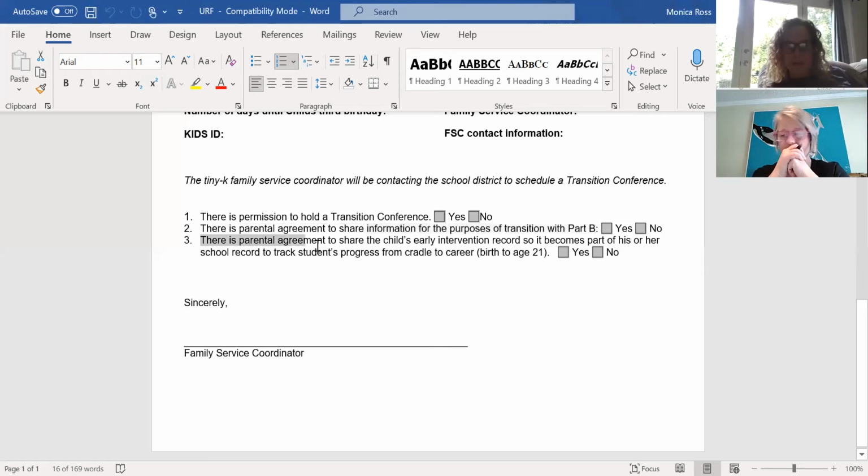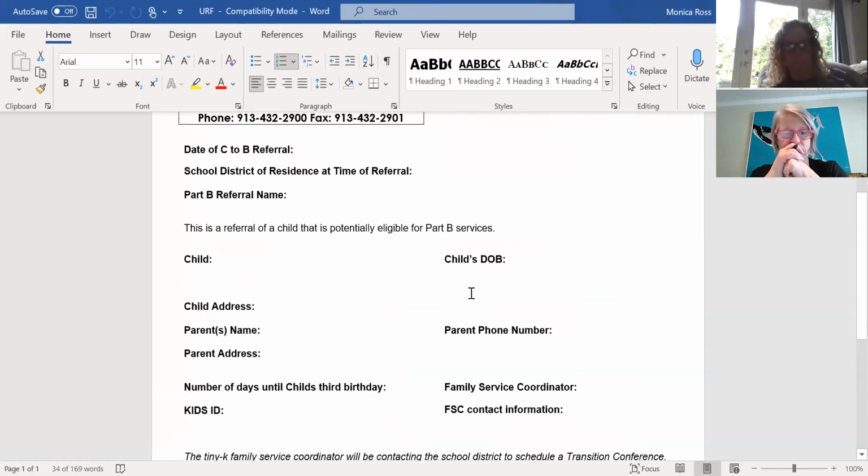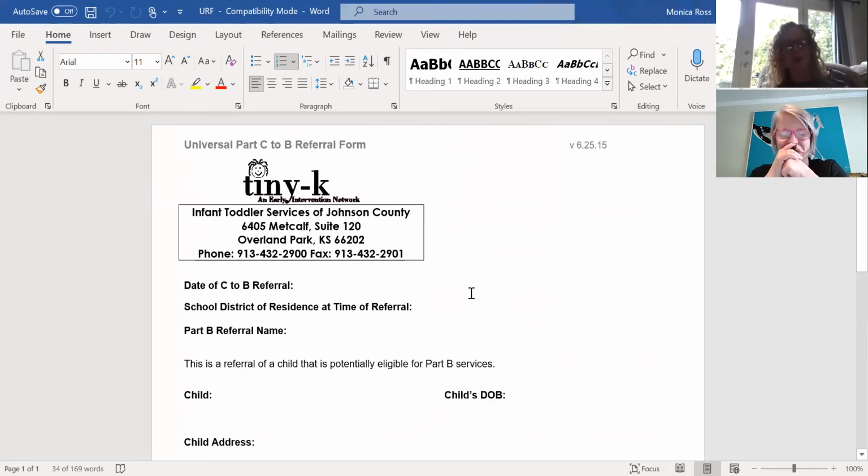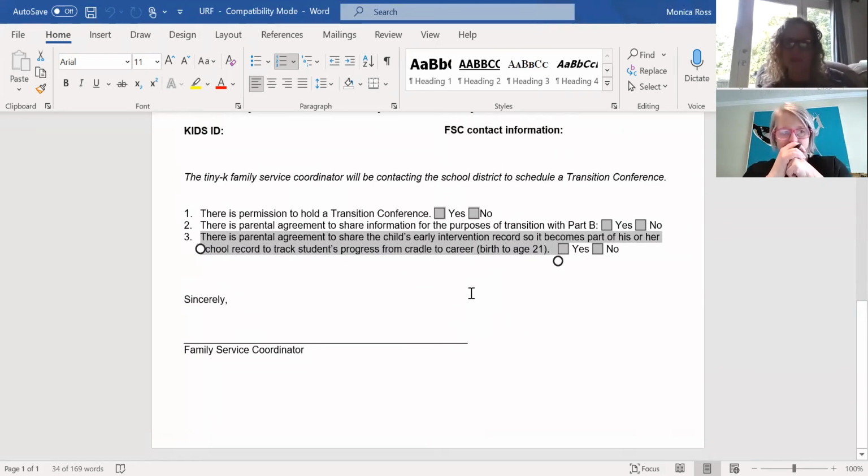The last question on this URF, which stands for Universal Referral Form, Universal Part C to Part B referral form, sorry, is this question we've recently been talking about, where the Department of Education about 6 or 7 years ago created this longitudinal data study. And they were, I'm using past tense, tracking data to look at services a child received from cradle to career, birth to 21. What has happened over the